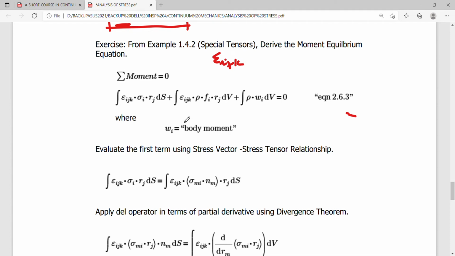Take note that in the formulation from example 1.4.2, the moment is simply defined as the force multiplied by the distance, wherein the forces we are referring to here are the Fi's and the distances are the Yj's, such that